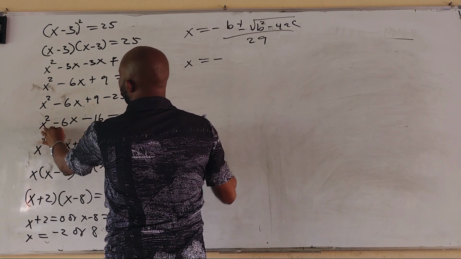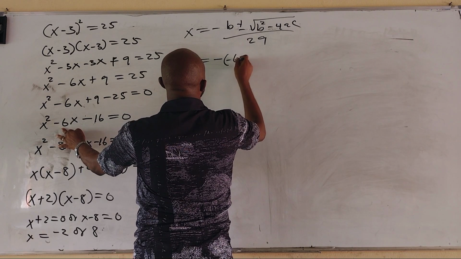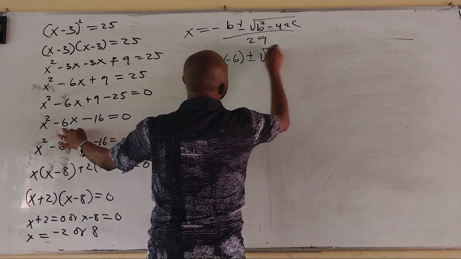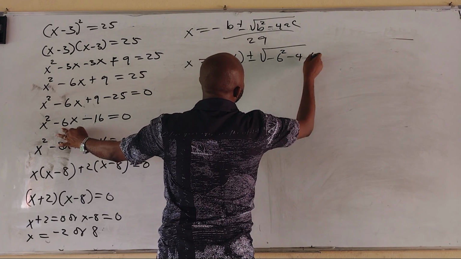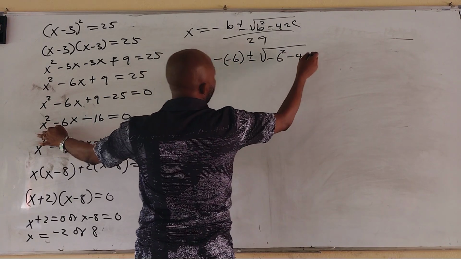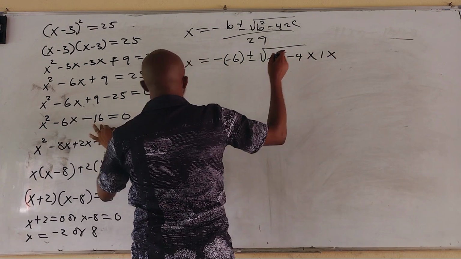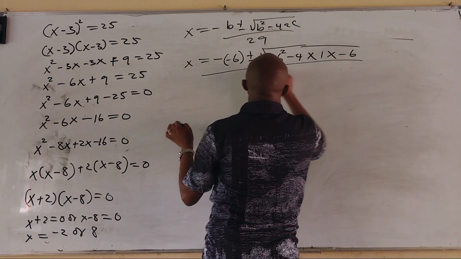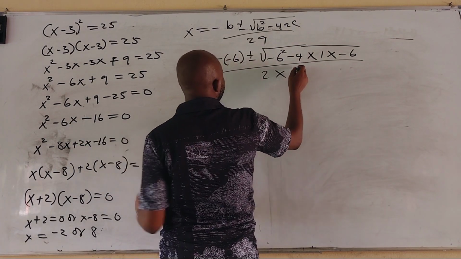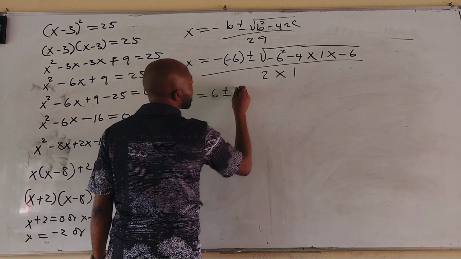My b is minus 6, so I have minus 6 plus or minus the root of minus 6 squared minus 4 times a, which is 1, times c, which is minus 16, all over 2 times a, which is 1. So x is equals to 6 plus or minus